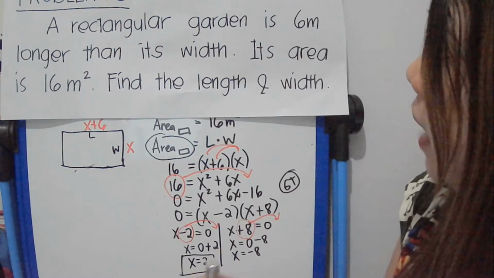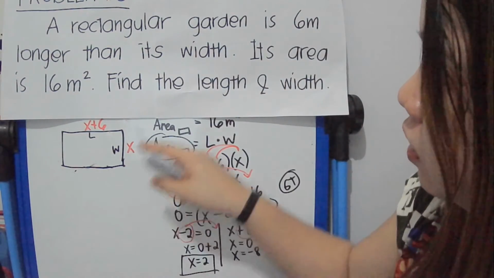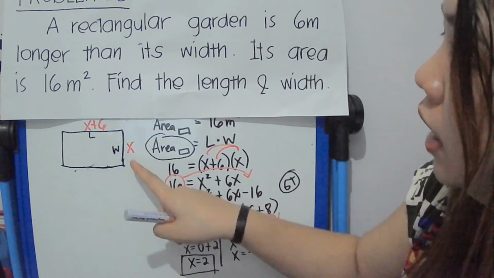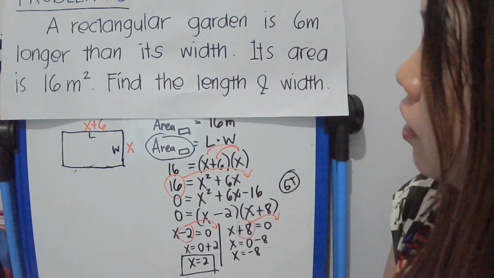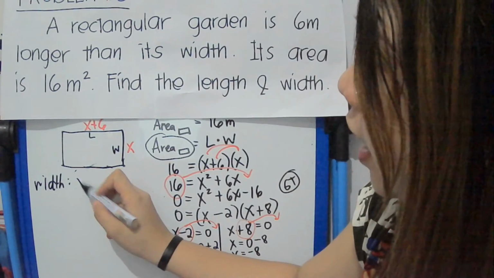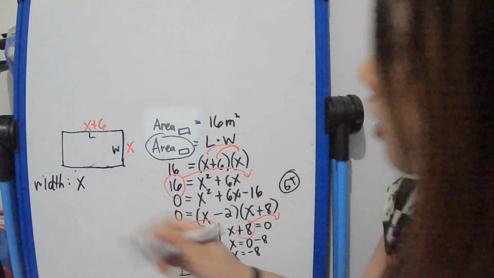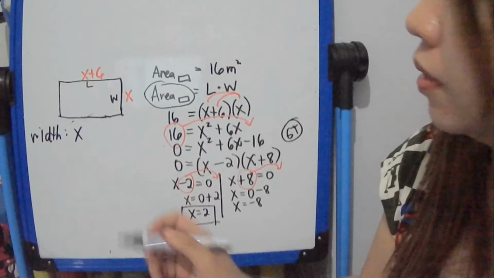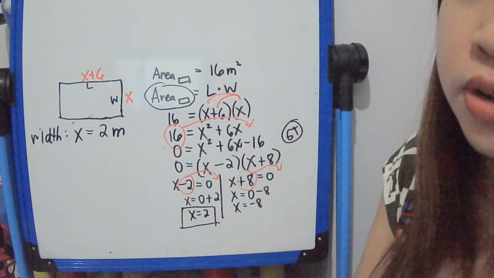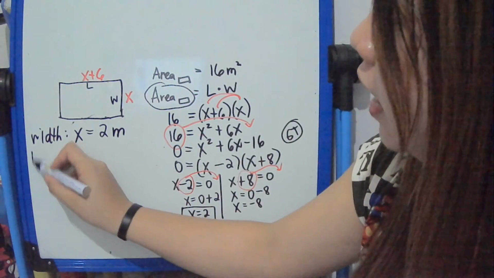So, paano natin malalaman? Kasi find the length and width. So, what we're going to do is to substitute the value of x to the given expressions to get the values for width and length. So, for width, ang expression mo ay x. Diba? So, your value for x is 2. So, 2 meters. Kasi meters yung ginamit natin kanina. Or your area is square meters. For your length,